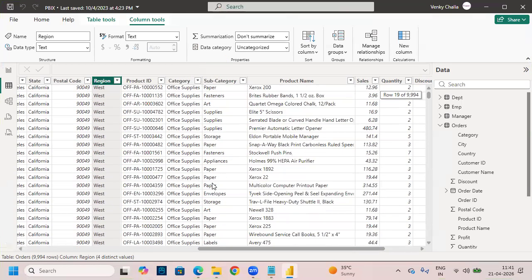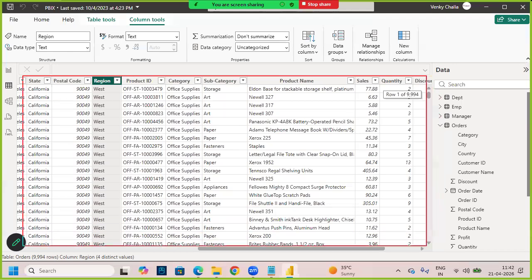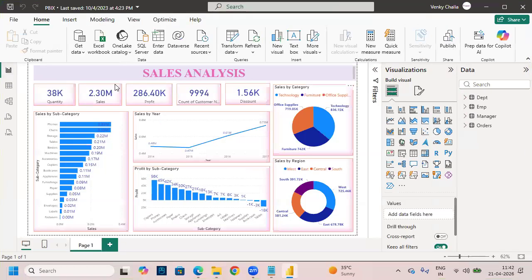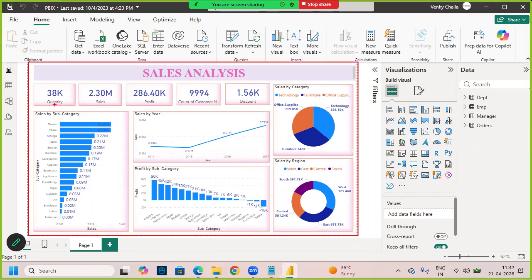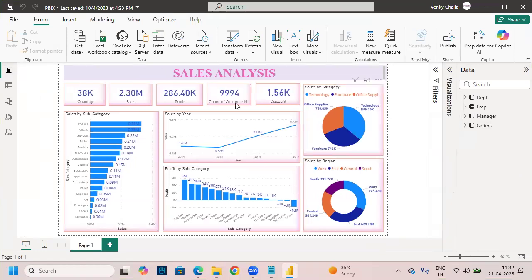So what I'm doing here, whatever data is there in the form of a table, I'm showing the data here in the form of visuals or reports. This complete thing is one report, guys, and these are all the visuals. Now, if you see in this report,